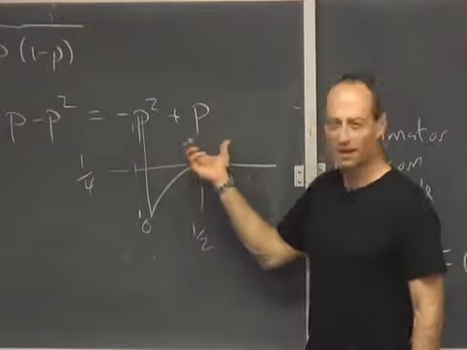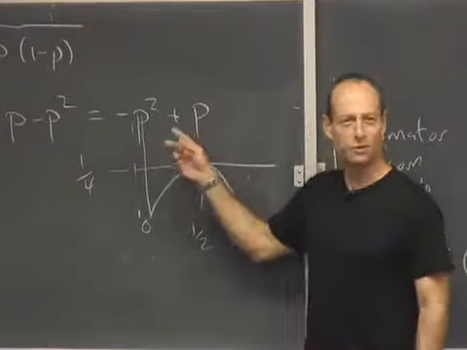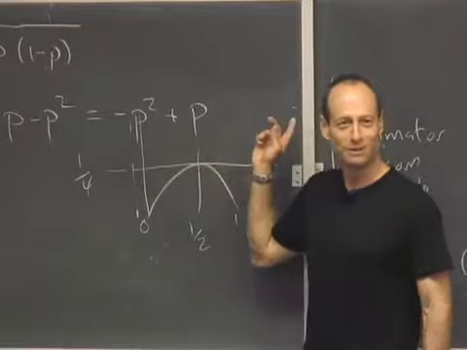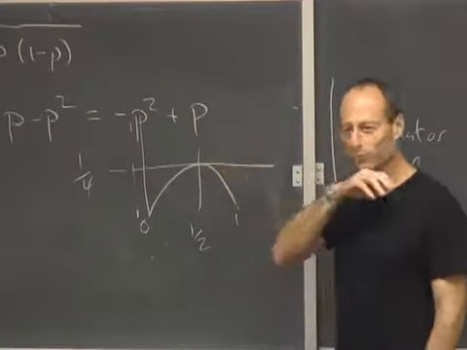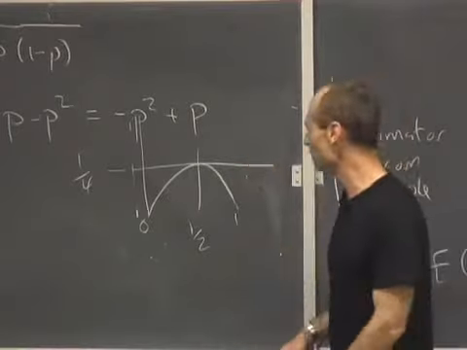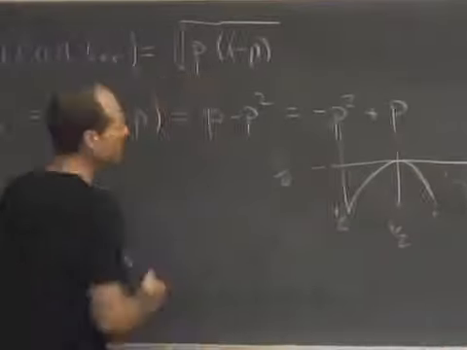We could do 15 seconds of calculus, differentiate this. We get minus 2p plus 1 equals 0, so p is equal to a half. It would be the stationary point. All right, so if we have a 0, 1 box,